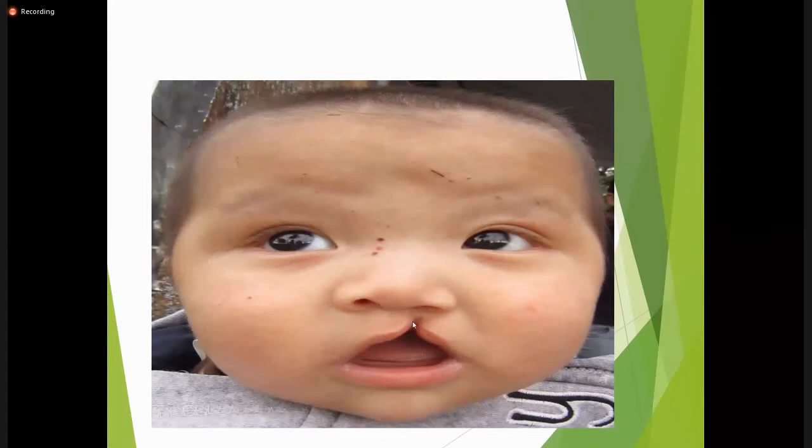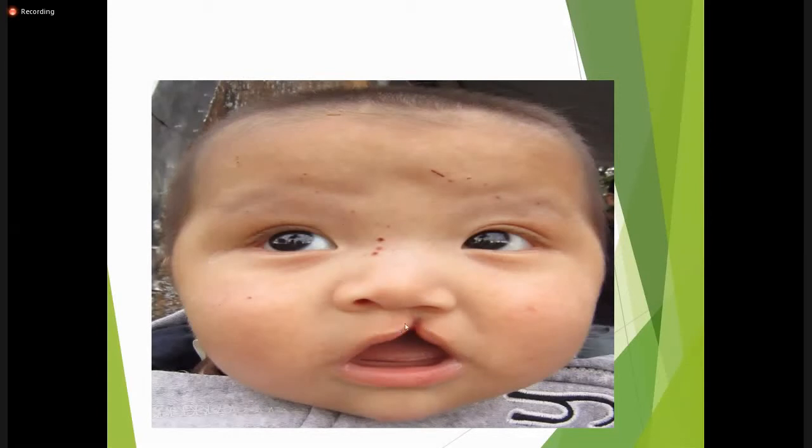This is the cleft lip. You can see there is a defect in the normal continuity of the lip, and it needs cosmetic or plastic surgery. Usually it should be done after 6 months of age, because there is continuous growth of the lips, and if you do it in the early newborn period, then you may need further surgeries later in life, because as the baby grows, the defect reappears again and again, and you have to go for revision surgery. So if it's a small defect, like in this case, and